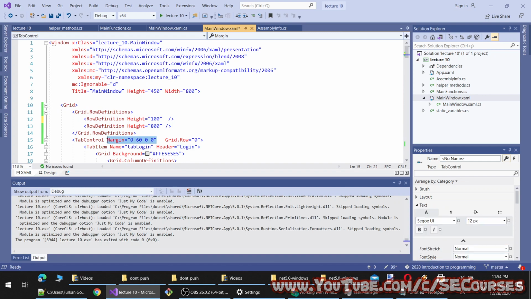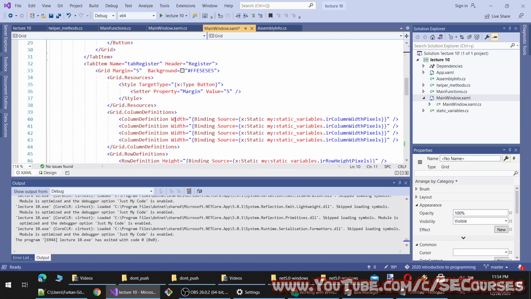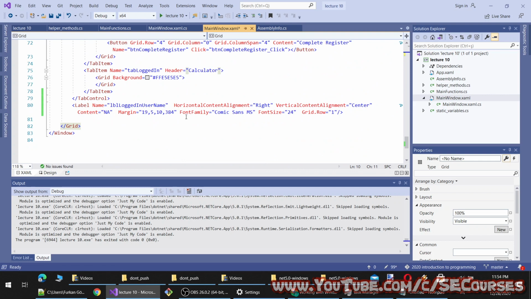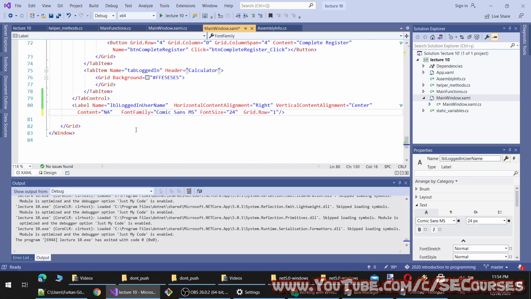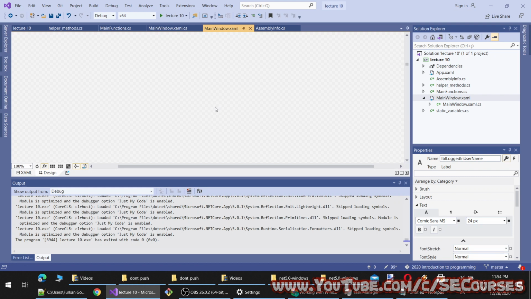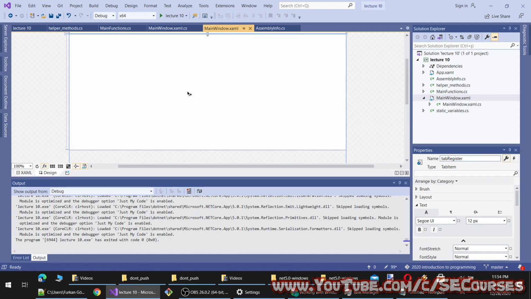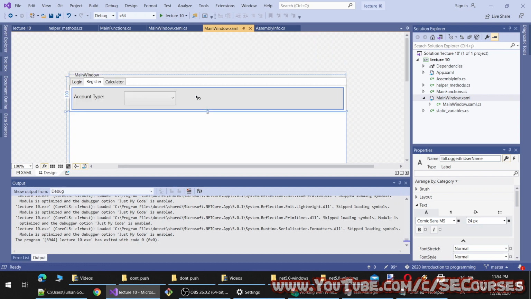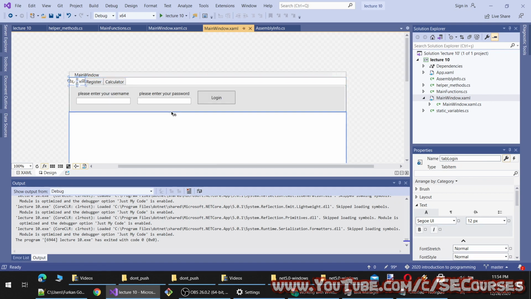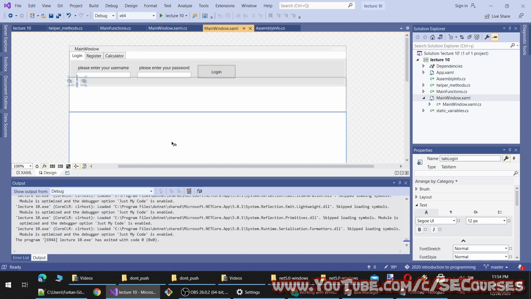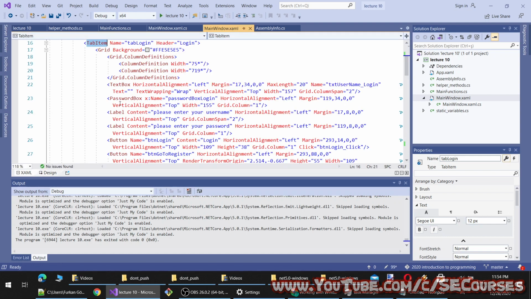Maybe we need to remove this margin and this margin as well. Let's see what kind of difference it will make. Okay, what is this? Oh, now our panel is not visible.